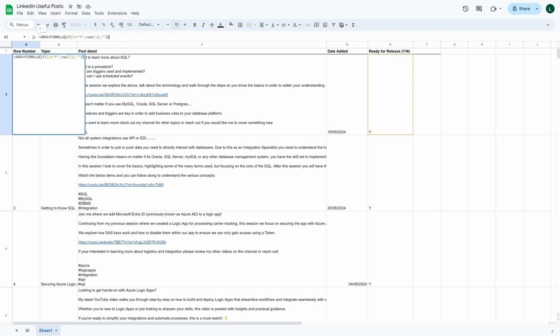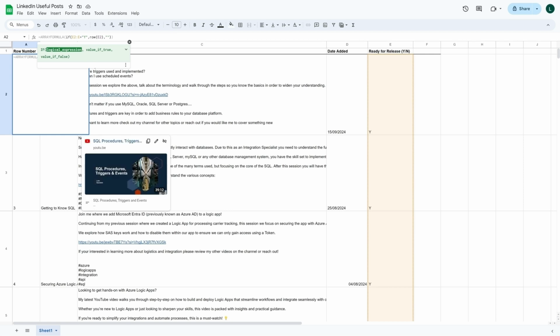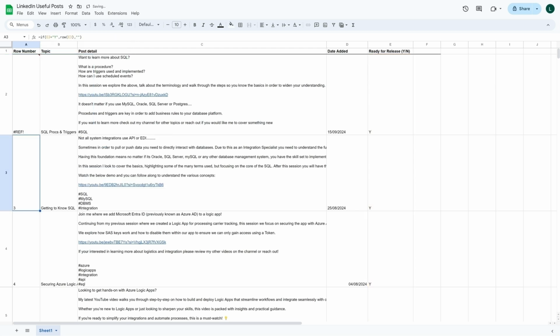Now to get this working, we need to be able to pass it the full column. So if we put E, you can see we've highlighted the full column here, and we're going to do the same here. And now our formula is complete. So all we're doing is using ARRAYFORMULA and passing it the full column. If I hit enter now,